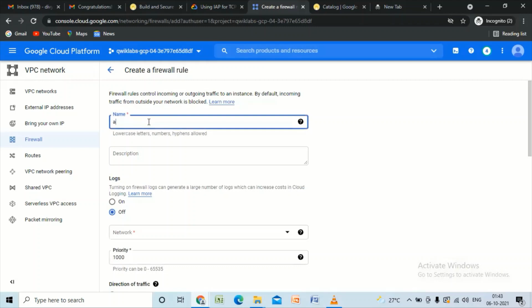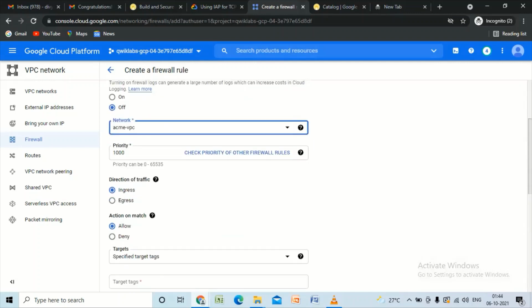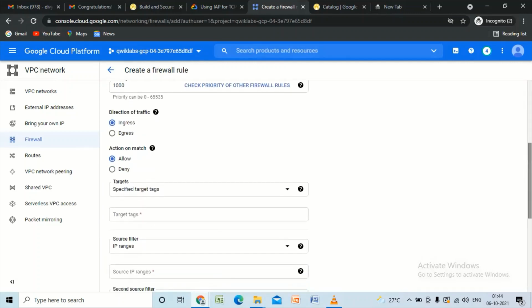Name it. Select the network. Mention the target tags as allow HTTP.